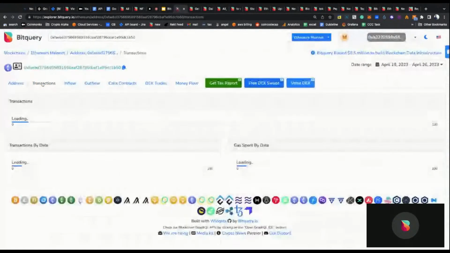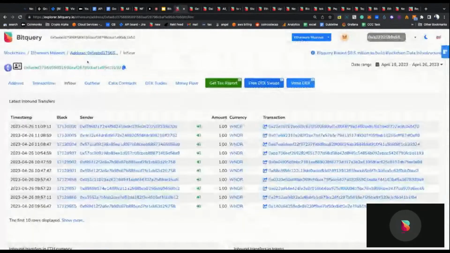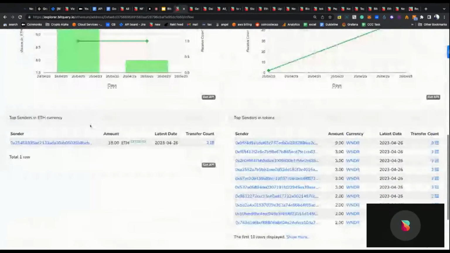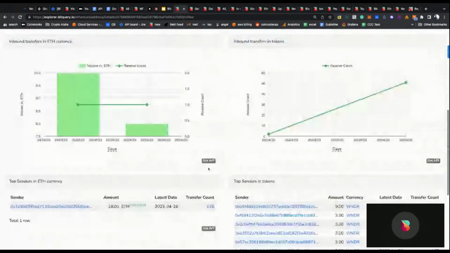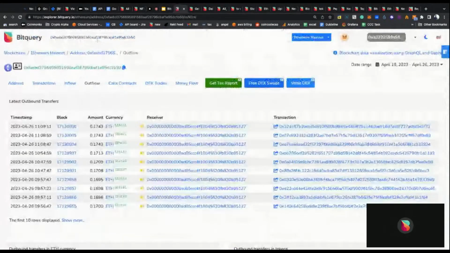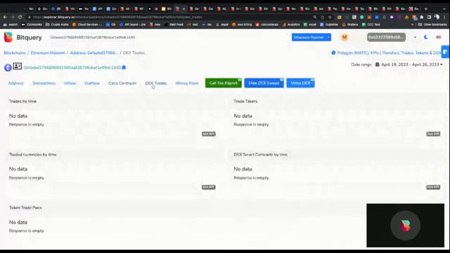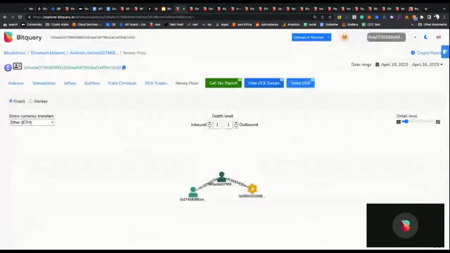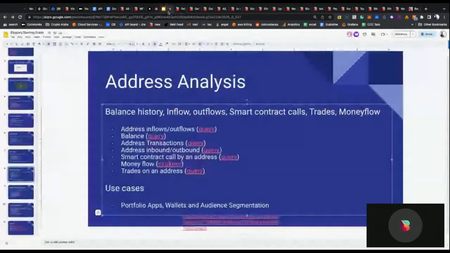Daily transactions, average transactions, call counts, everything is available. You see specific transactions. If you want to know transactions of an address, stats related to it, inflows, outflows, smart contract calls. These are money inflows, outflows. It's very interesting if you want to build a portfolio application or dig into something and see balance history over time. You can also check balance history over time using our APIs. It also has, I guess, dex trade. No, this address doesn't have dex trade, but you have money flow for all the addresses like this. Any questions till now?